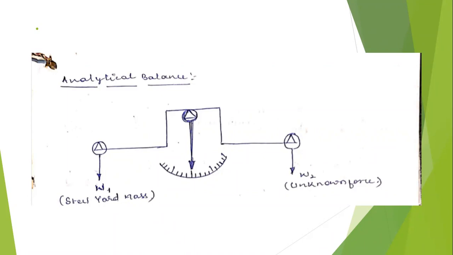By adding or removing sugar in the right side pan, that is W2, bring the dial indicator to read 0. When the dial indicator reads 0, that is nothing but W1 equal to W2. That is the procedure you have to follow for measurement of force,